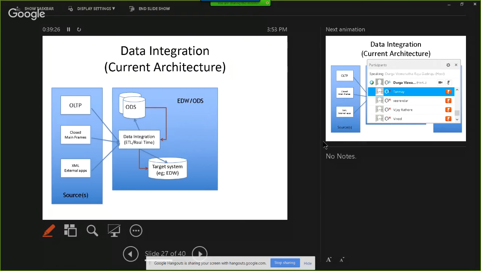Okay. Once you have data in ODS, you have to have an ETL project which will extract data from ODS, and then do the aggregation and load into EDW. So you will not be touching all the 10 years worth of data every day.